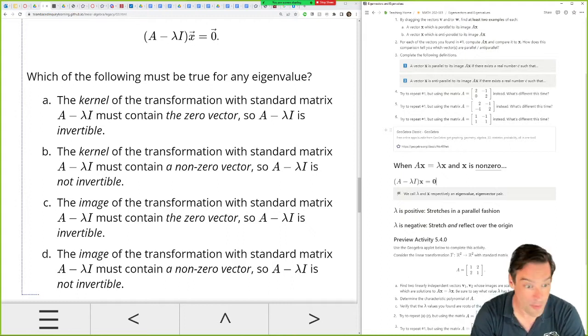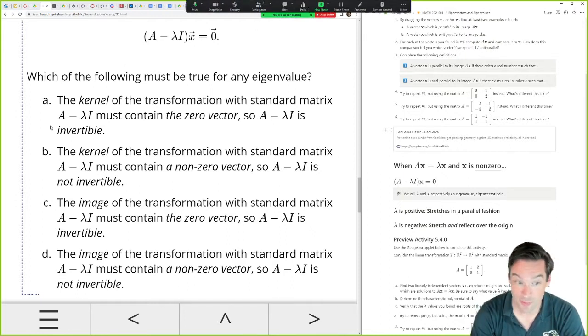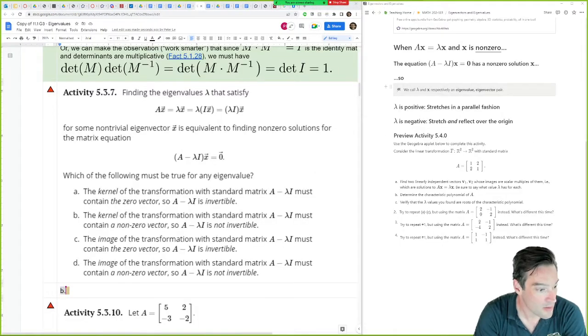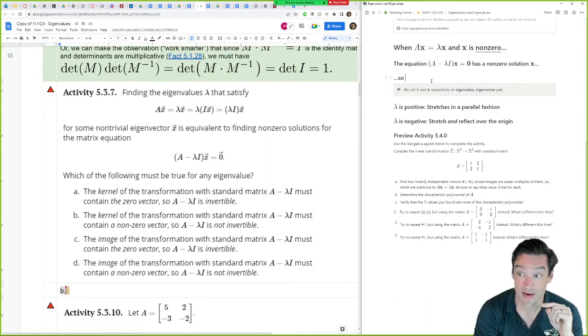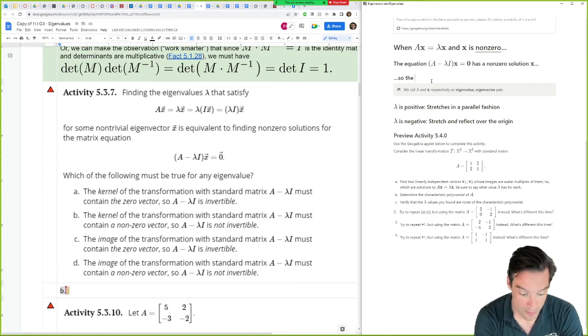So it's that non-zero piece that is the critical piece in this process. What we need to be the case, in order to have a non-zero solution of this matrix equation, is for the solution set to contain a non-zero vector. But the solution set of this equation is nothing more than the kernel of the matrix A minus lambda I. So the kernel of A minus lambda I